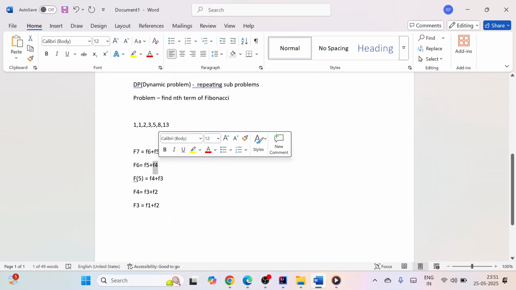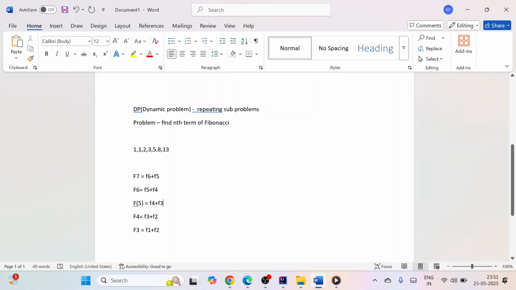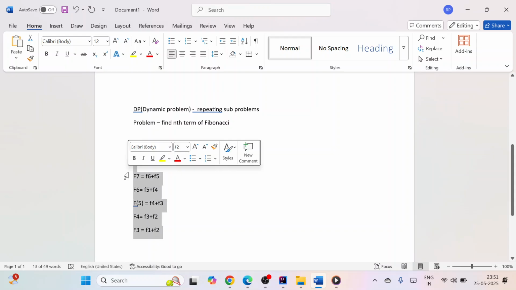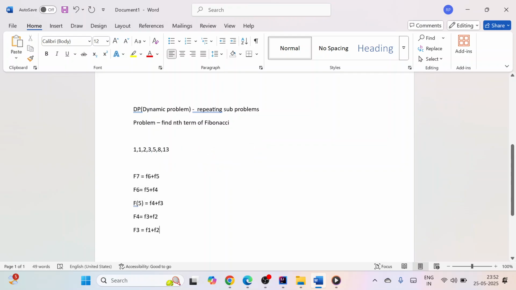Where you see the subproblems repeating, and I have to use the same solution in the next term, then you can go with DP. We don't have to recalculate again, and the complexity will be low. If you are recalculating, this is plain recursion, and it will take 2 to the power n. It takes more time and the complexity will be high. So where you see the repeating terms, there you have to use dynamic programming.